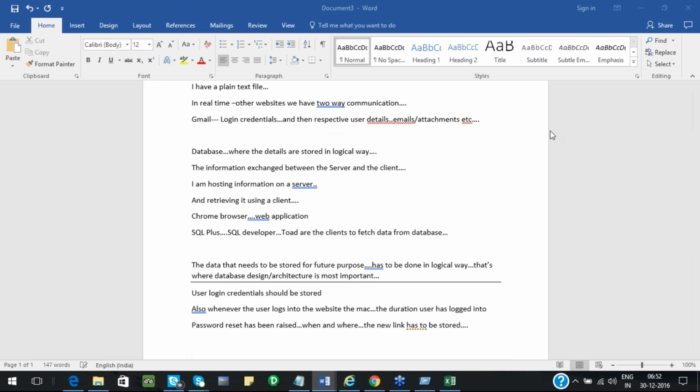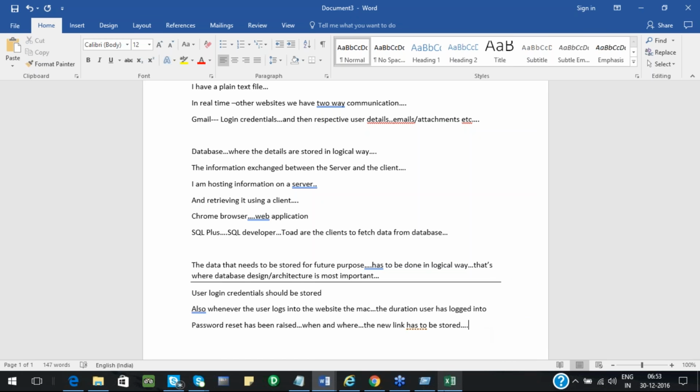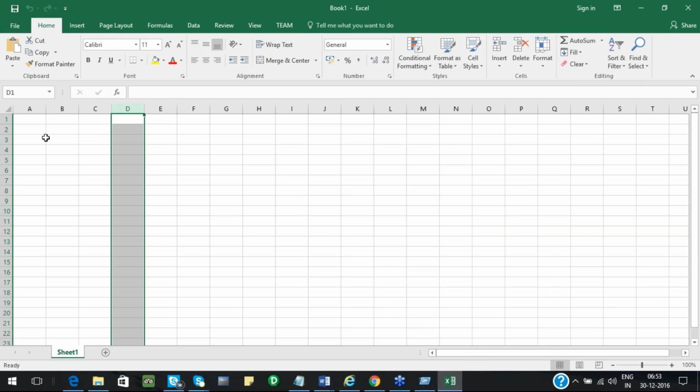If you are asked to design the same, how will you store all these details? Don't worry about the database, but if you are asked to save all these details, how will you save them? So let's do it in a simple Excel sheet. You give me the inputs, and I'll put them here in the Excel sheet.